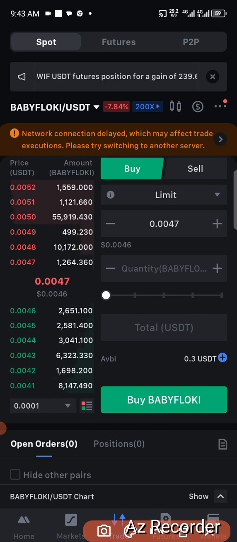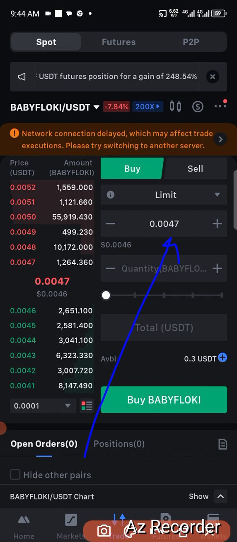That is the current price of this Baby Floki. And now you have already set it on limit. It means that at this point, you come and set the limit here where we have this plus and minus. Now, what do you have to do? Either you increase it to 0.0048, above the current market price, which is 0.0047,